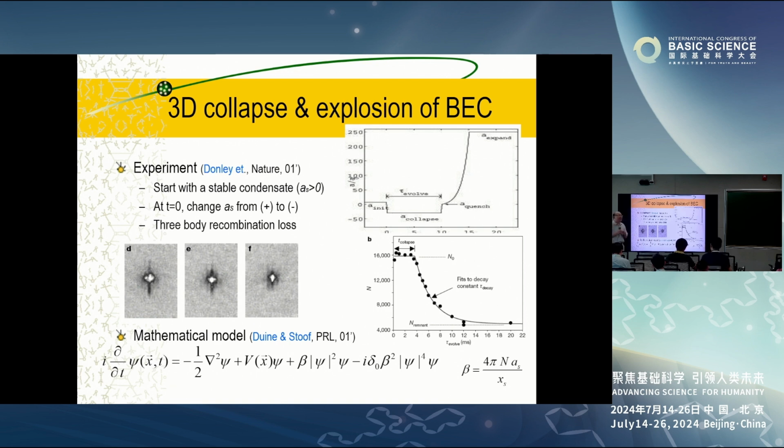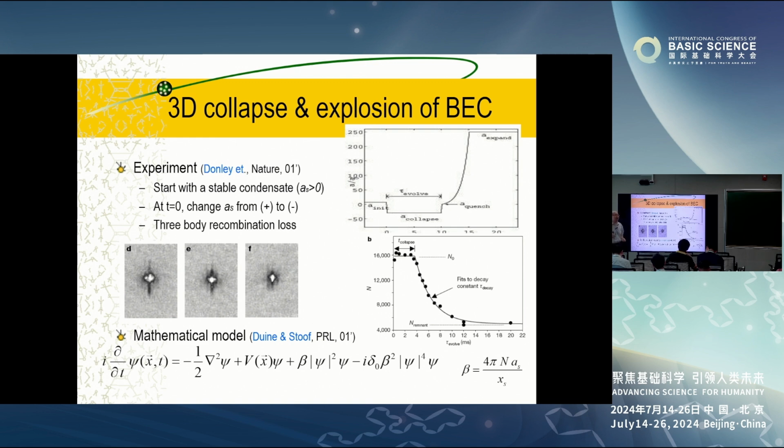So the assumption is that the density is not too high, and the distance between two atoms is not too small. However, since beta is less than 0, it's an attractive interaction. So the particles go to the center. The density at the center becomes larger and larger, and the distance between two particles becomes smaller and smaller. So then some interactions, like inelastic interaction, become important when the center density becomes too high, but